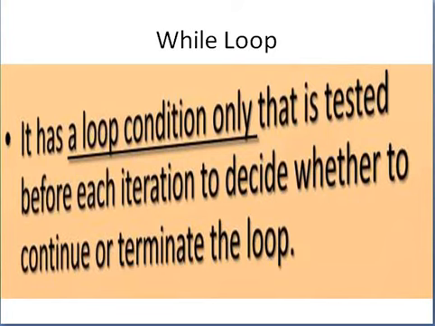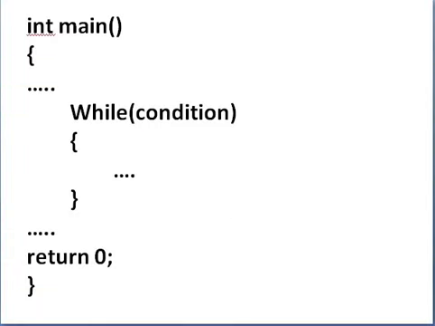Next, the syntax for the while loop. In the main function, a while statement starts with the while keyword along with a condition. If it gets true, then and only then control will enter the given block. If that condition fails, then control will automatically execute the next successive instruction after that block.